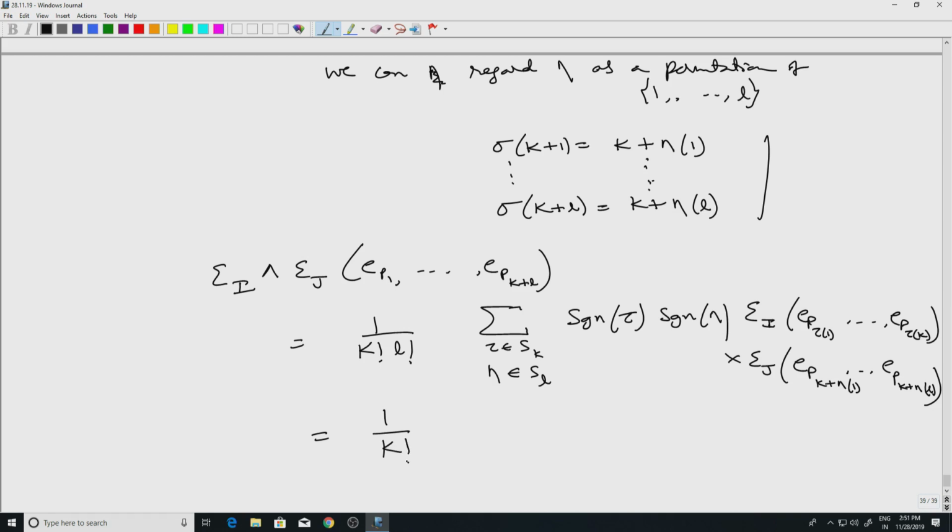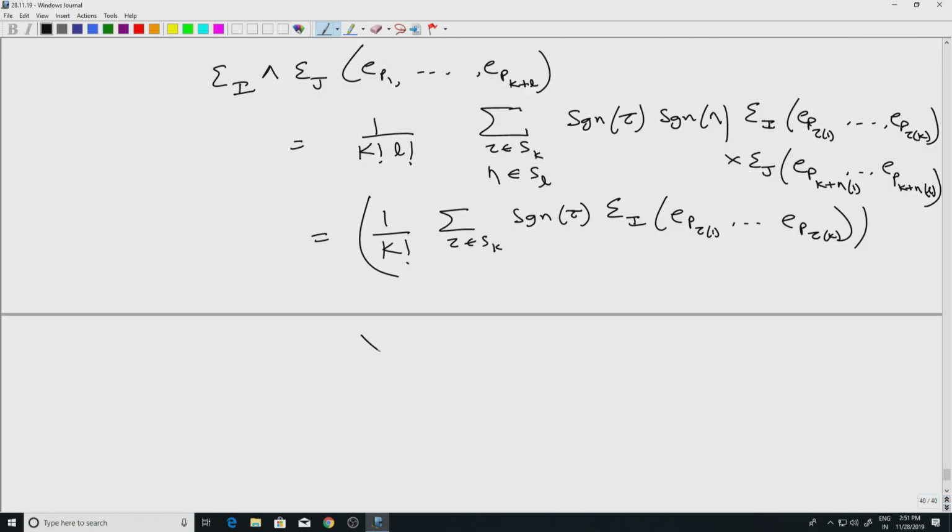One is 1 over k factorial, summation over tau in Sk, sign tau, epsilon i, E p tau 1, E p tau k. This is one term,